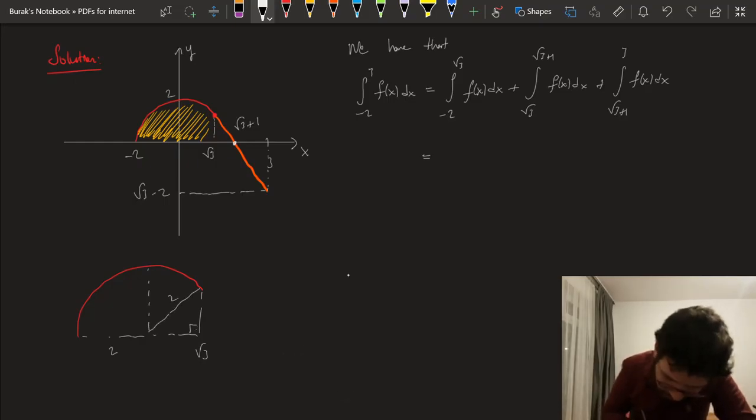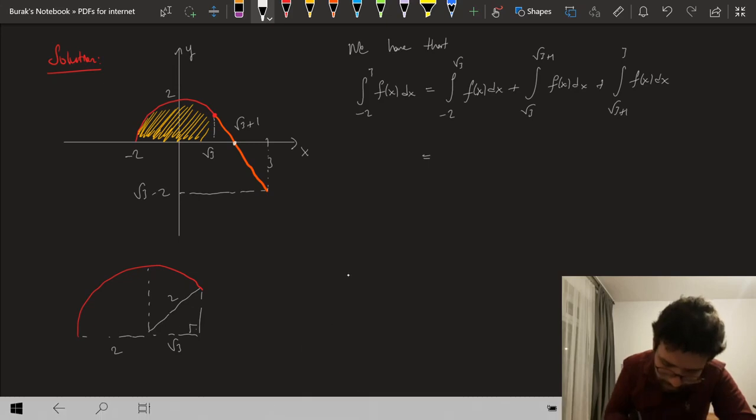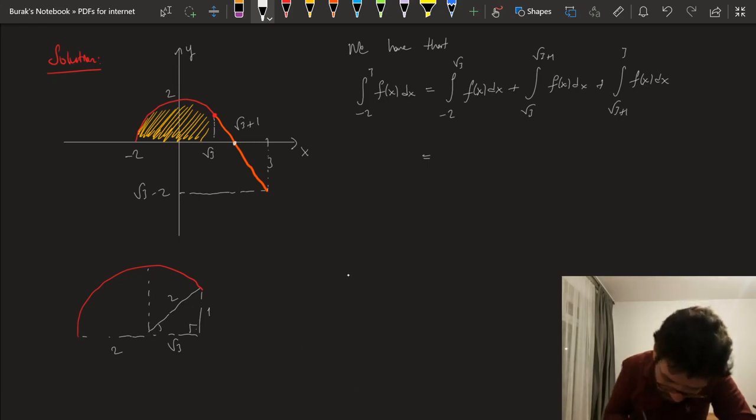So by Pythagorean theorem, this is 1, which means that this is 30 degrees. So this is pi over 6, which means that this angle is 5 pi over 6 radians,